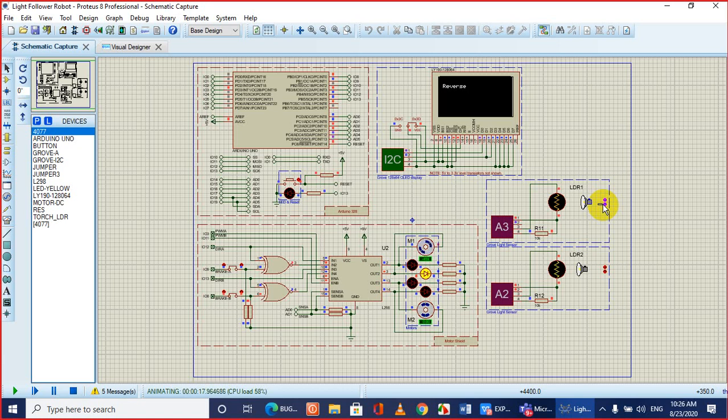Just adjust the value of the pin number, and as in this case, now it is working properly. So let me just stop the simulation. This shows you how to fix a problem in your simulation when you encounter one, and finally once you fix the problem, your simulation is running properly.